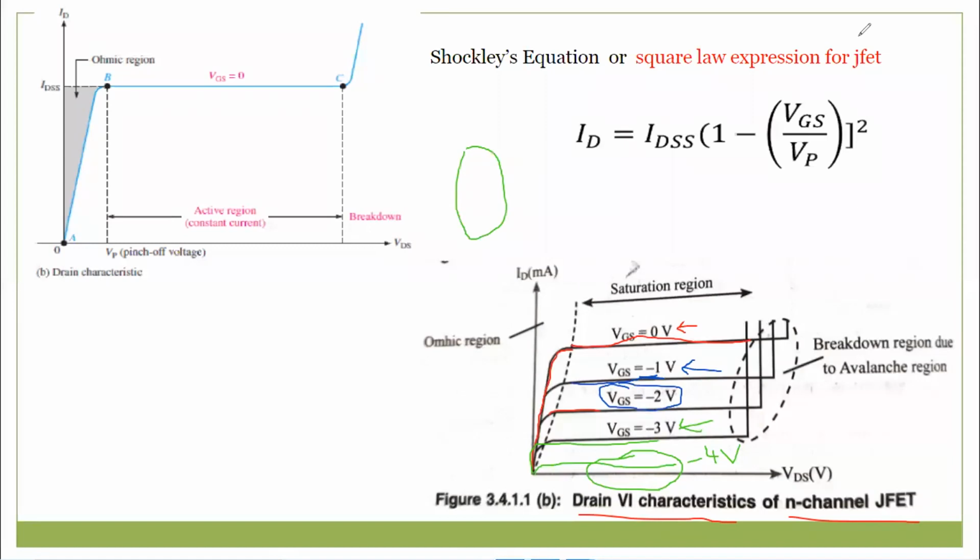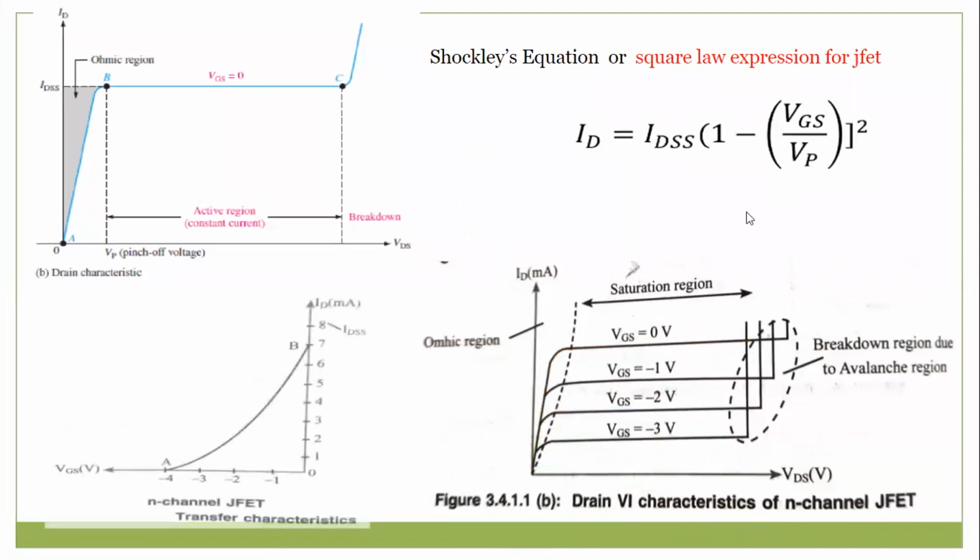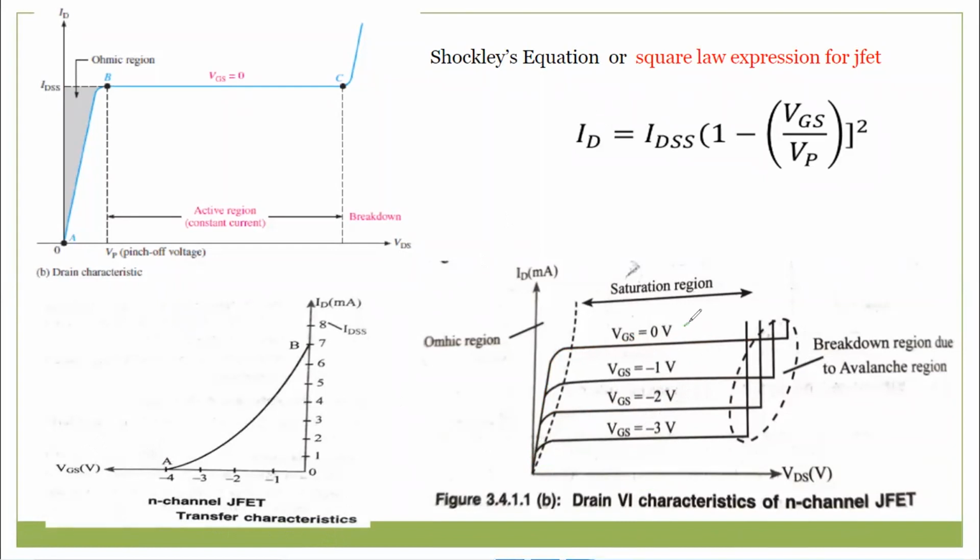Then after this, we have something called the N-channel JFET transfer characteristic. What does this transfer characteristic indicate? What I explained here is represented with the transfer characteristic. Now, the varying parameter is the gate to source voltage. If I apply 0 voltage VGS, the ID value will be more. When I increase this voltage on the negative side, that is -1, the current is reduced. The same thing happens here.